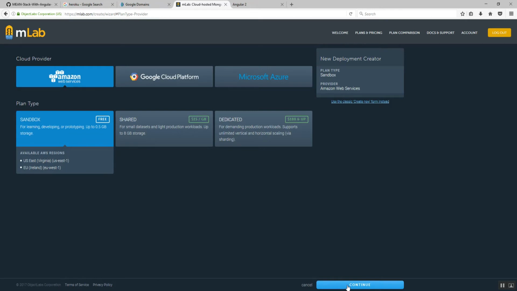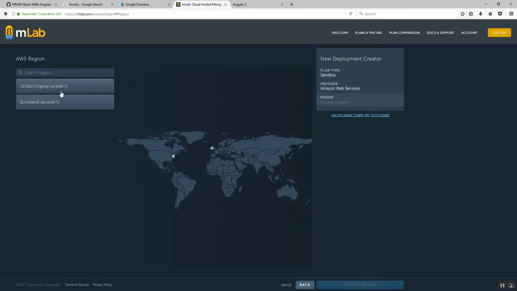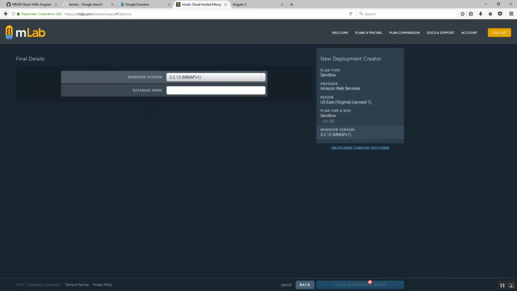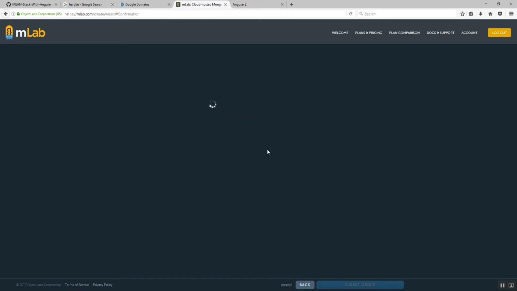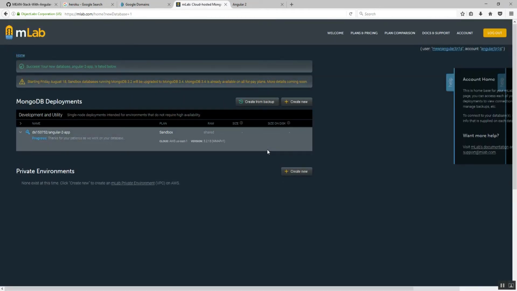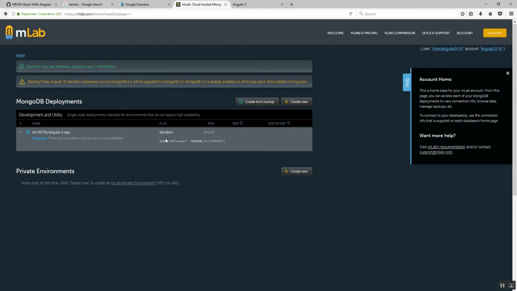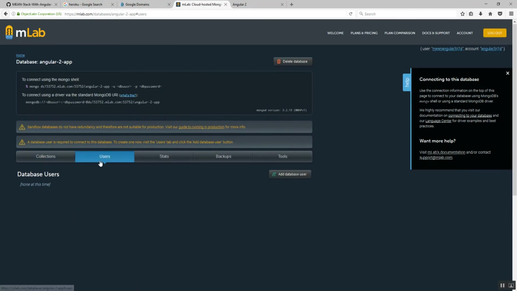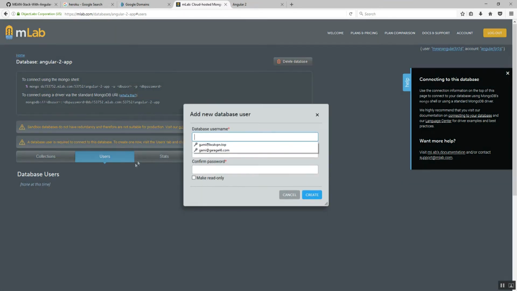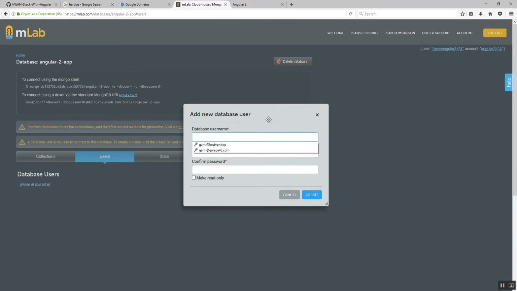So click down here, continue, and just pick your region, name it, and I'll say Angular 2 app. And then I'll leave all that, hit submit. All right, so after that, what you need to do is go inside of your database and create a new user, otherwise you won't be able to access it. So just click right here, users, click add database user, and I'll just name mine